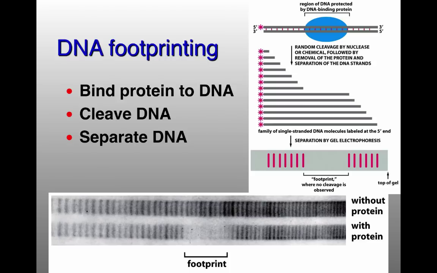Another one of these assays that we talked about is DNA footprinting. Once you have your purified protein, now you want to know exactly what piece of DNA it binds to and literally where on that DNA it's bound. So you've figured out, probably by doing an electrophoretic mobility shift assay, that it binds somewhere in 100 base pairs of DNA. Now you want to figure out exactly where it's associating with the DNA. And to do that, you do one of these footprinting experiments. And the footprinting experiment means that you've got lots and lots of DNAs up here that have a label at one end.